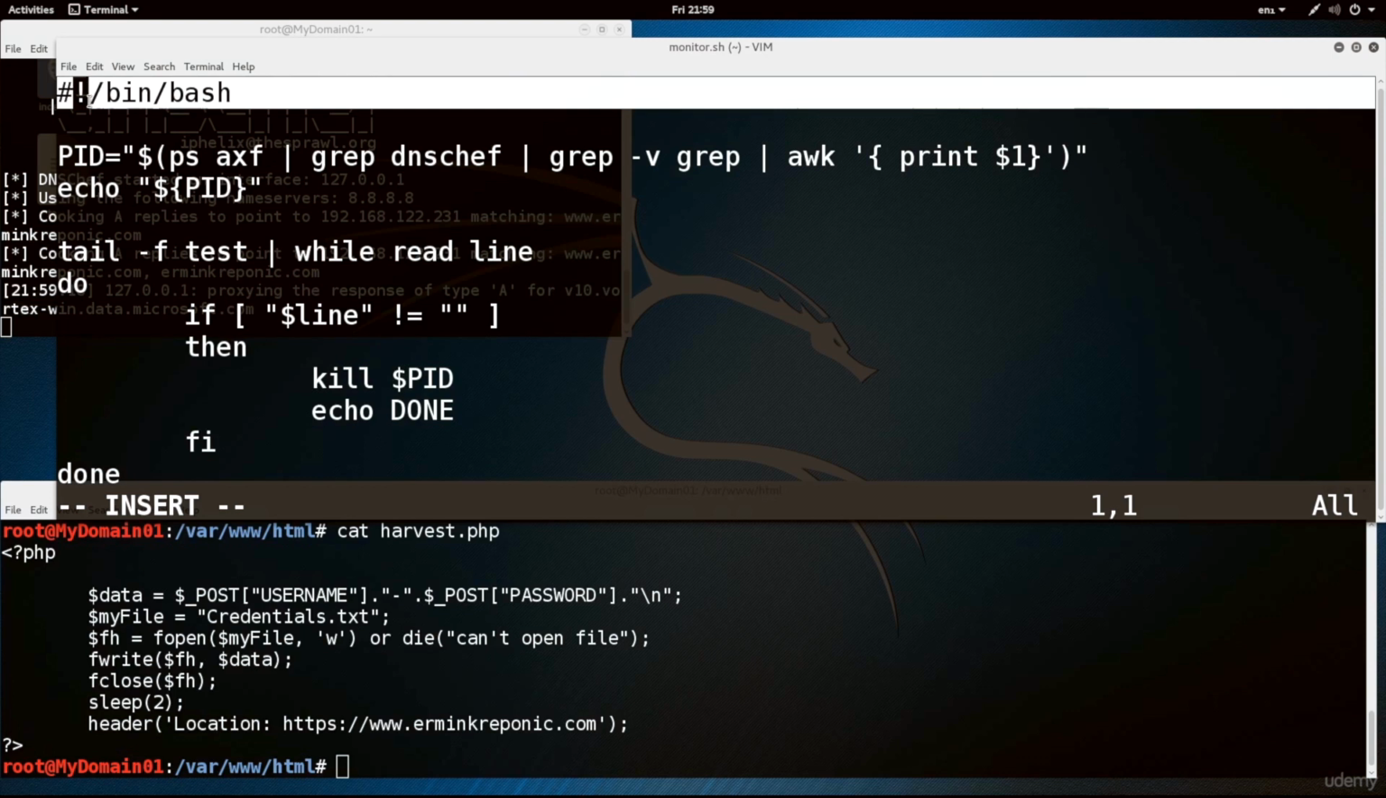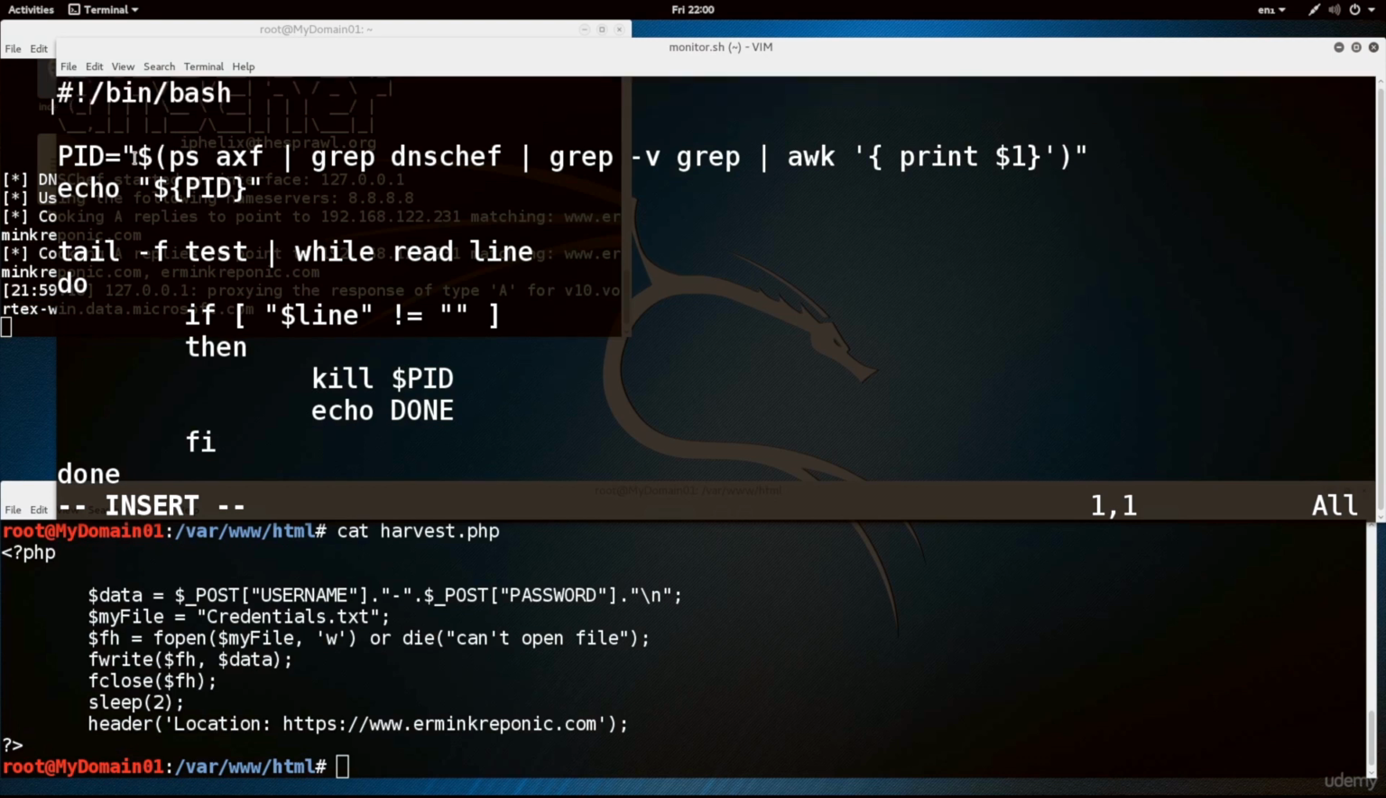So I'm creating a bash script, so I'm specifying the interpreter here at the top. That is going to be bash. Next up, I'm creating the PID variable. The name is arbitrary for the variable, and I'm going to store into the PID variable the output of